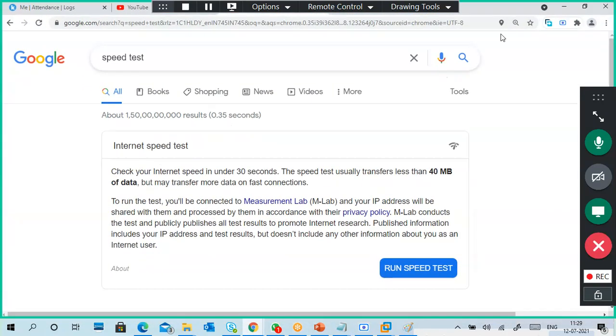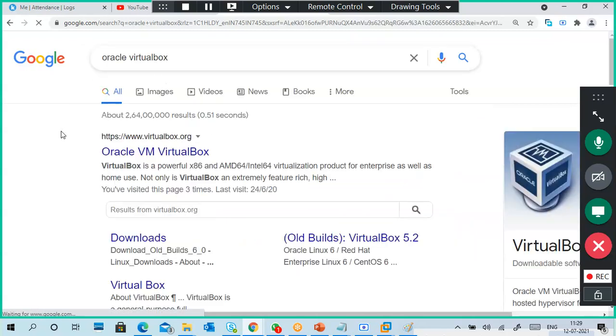Here it is. So Oracle VirtualBox. You don't require any login to download it. This is virtualbox.org.